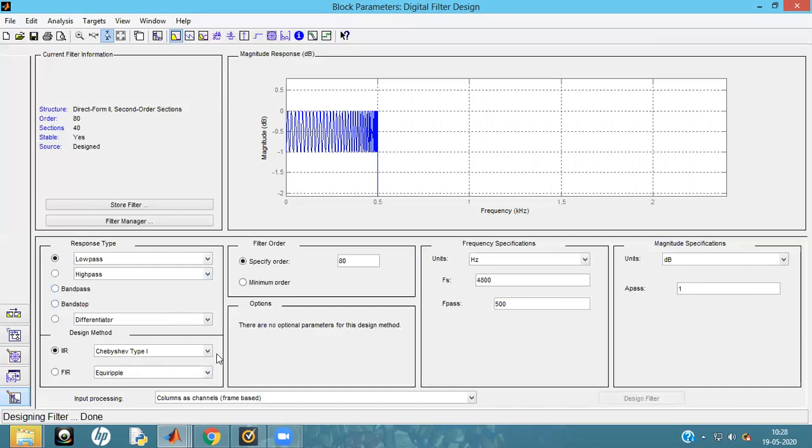Chebyshev type 1 filter. Okay, so this is how you can feed the values into this dialog box, and it will give you the response, magnitude response, and phase response. But what about the filter coefficients? If you want to use the filter coefficients, you can't just see the waveform, no? So you will require